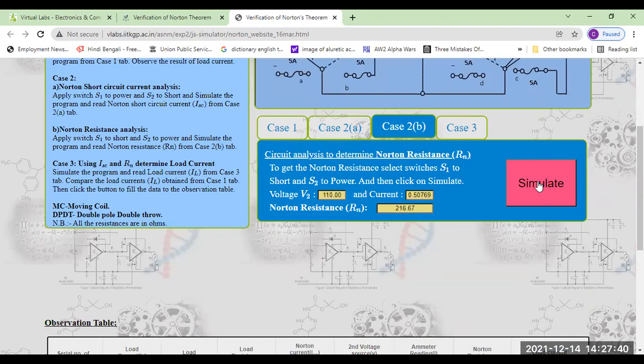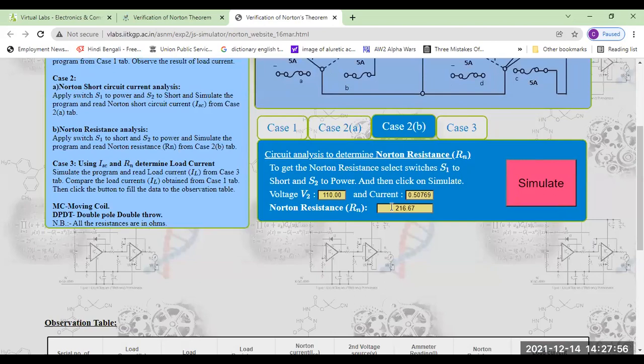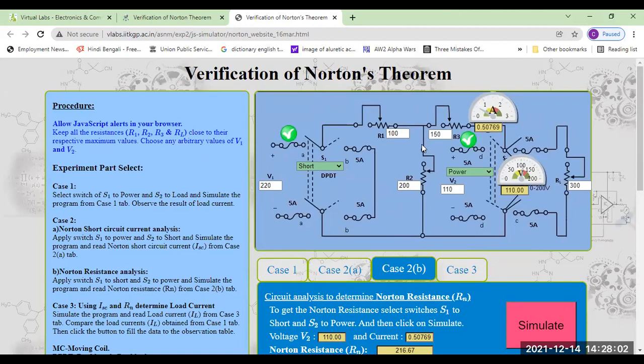Okay, I just simulate. Look, if you divide this, this voltage source is applied. Actually, in your multimeter, we also apply this. Some 9-volt source we are applying, then we have to measure how much current is flowing. Then if we divide it, we can get this resistance. Okay, so this is our Norton resistance. Rn means total equivalent resistance.